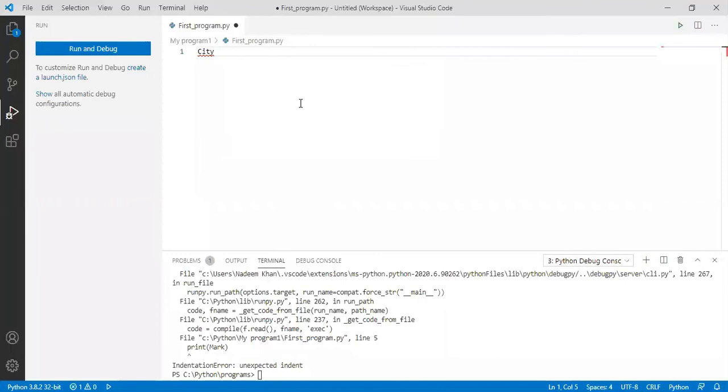Let's suppose I have to print city information. City info. So what does a city have? A city has a name. Let's suppose it's Delhi. It has a pin code, so let's suppose the pin code is this. It has a temperature. Let's suppose today the temperature of Delhi is 26.8 degrees Celsius. So this has a string, an INT and a float. Let's print and see whether it will be printed or not.